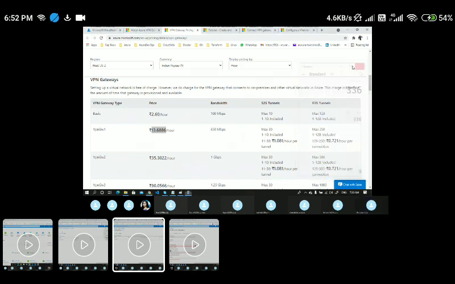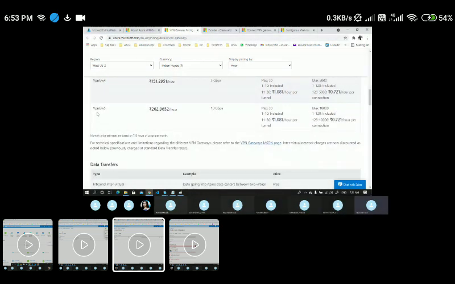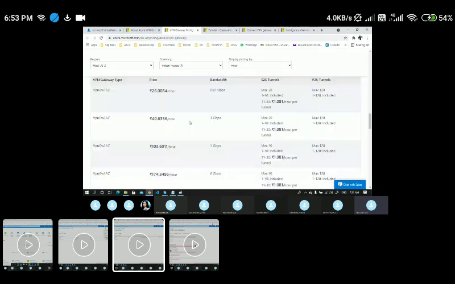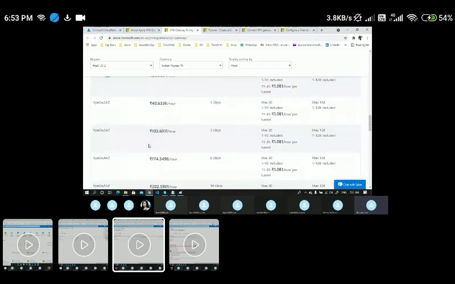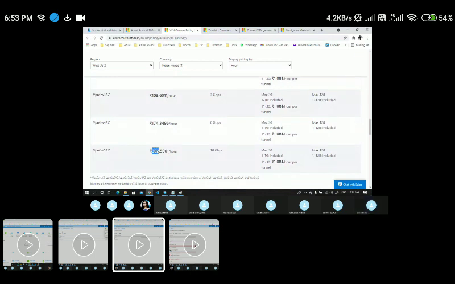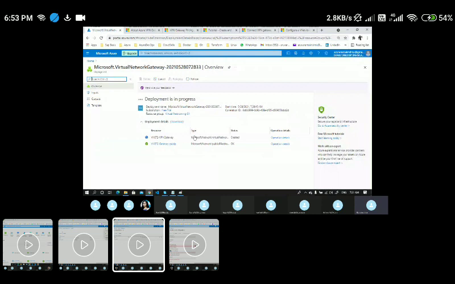And the rest of the credits will just collapse. So if you go with additional VPN configurations, let's say if I go with a VPN gateway 5, it will be charging you close to 250 rupees per month. And similarly when you go with availability zone features, it will be costing you more than that. So that's why I strongly recommend once you're done with the practice, delete them immediately.